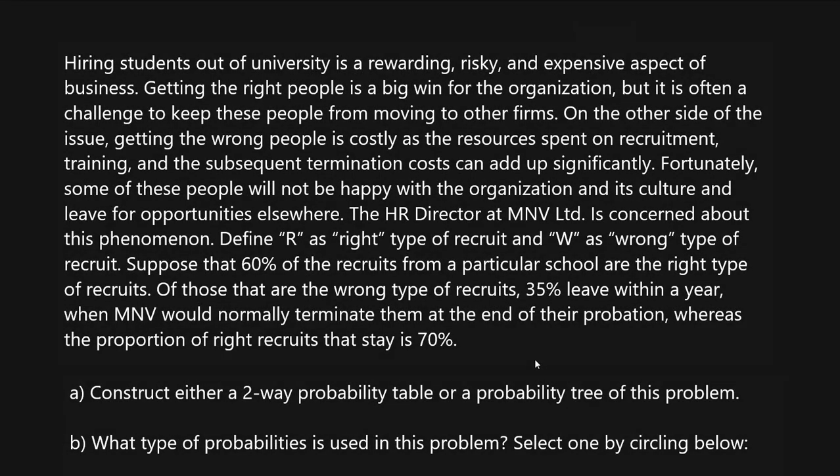This is a Chapter 6 probability question, and that's pretty easy to see. If you look down at Part A, it says construct either a two-way probability table or a probability tree of this problem. So that makes that pretty clear. So what we've got to do in order to get through this problem is we're going to read through this